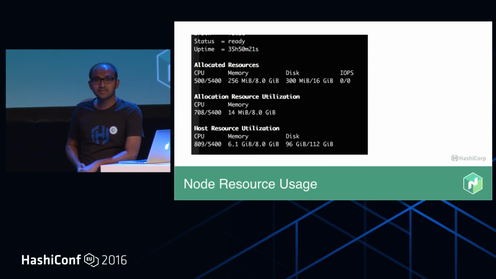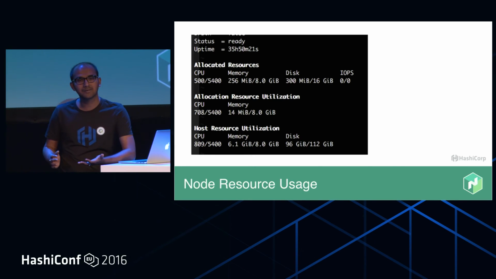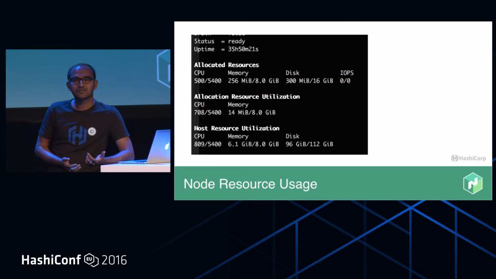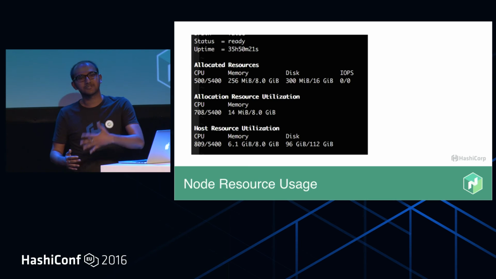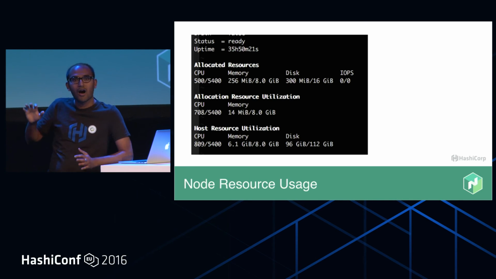Sometimes you might see that the number of allocated resources is 256 MB or 500 MB. Then you will see that the allocations are taking more resources if you are using some kind of deployment mechanism which is not containerized, right? If you are using a deployment mechanism which doesn't impose any isolation, you might see that all the tasks and all the allocations are consuming more memory than usual. So this gives you a bird's-eye view of how that node is doing.